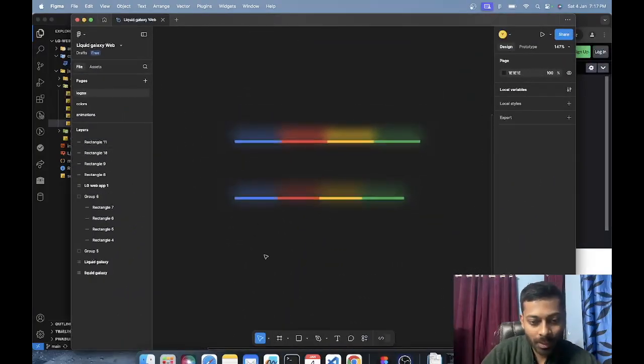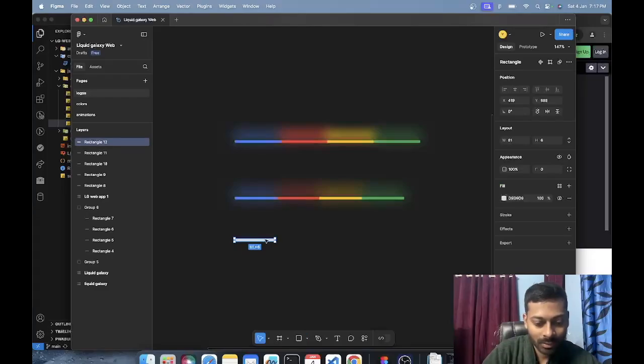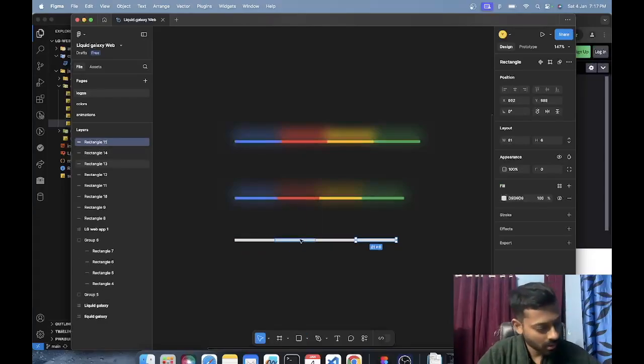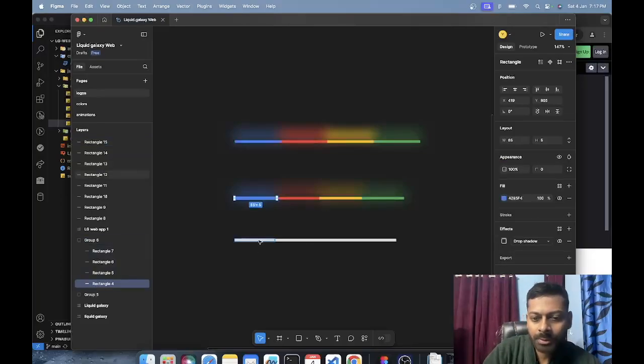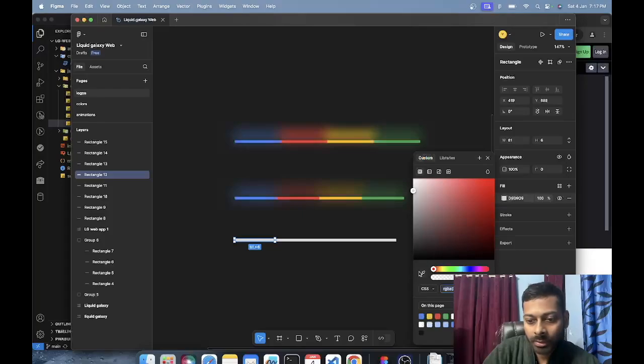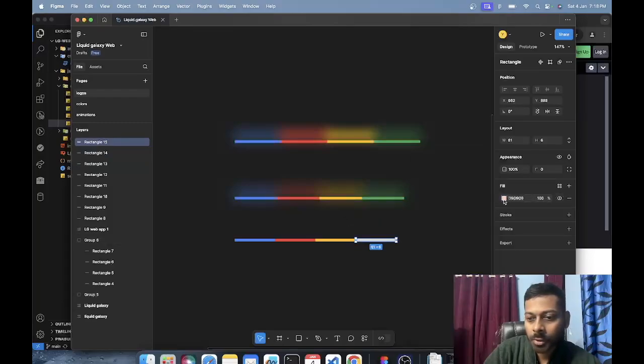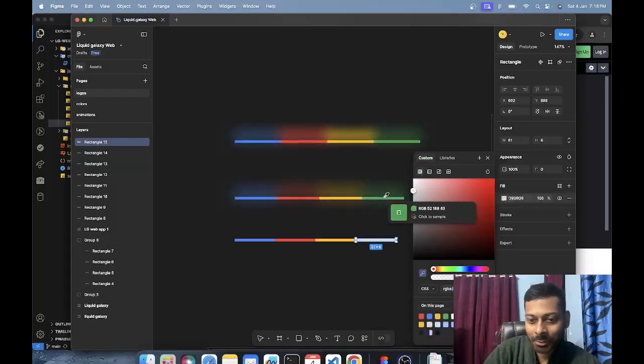This is very easy to make. Just make a rectangle, repeat that rectangle four times, and just give them some colors. So I'll be giving it this blue, this one this red, and we can directly export this SVG and play with its sizes. This was the first approach that I took,